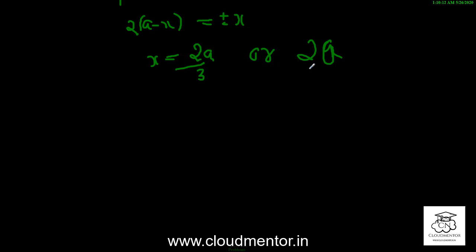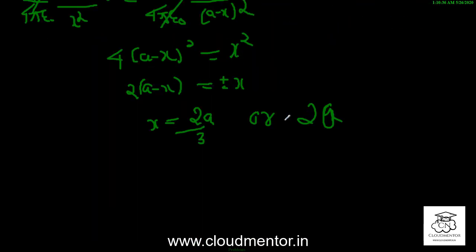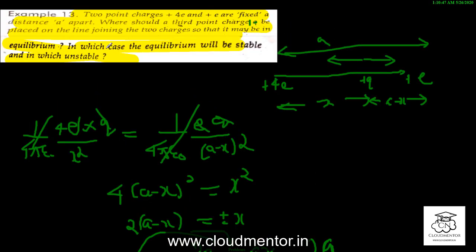And now, we have found two positions, so which is the position we need to take here? It is said that the plus q charge is placed in between them. Okay, so to be in between those two charges, the position must be 2a by 3. So we got one answer, and here is another question too: in which case the equilibrium will be stable